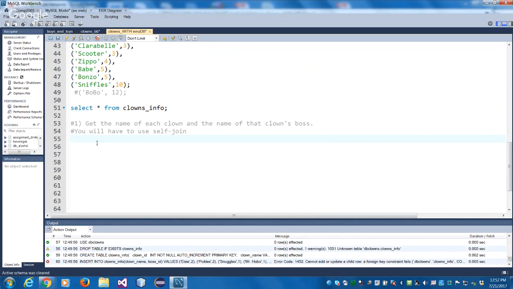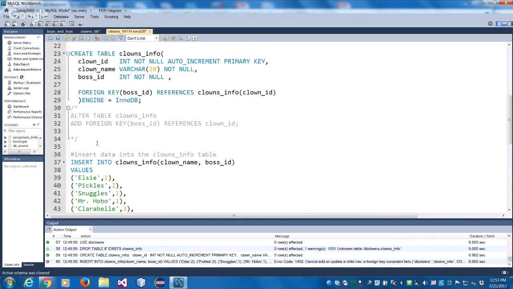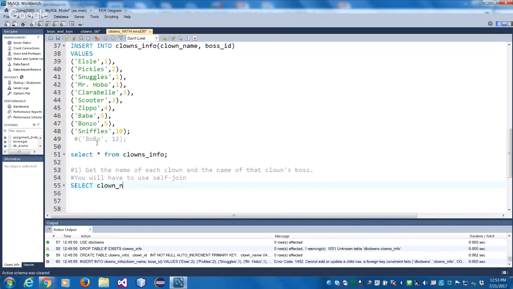So we need the clown's name. The clown's name is coming from the field called clown name, I think. I could be wrong. Clown ID, clown name, boss ID. So clown name, that is where it is coming from. The boss name is also coming from a table, but there is no field called boss name. So where do I get it? That boss name is actually coming from the same table. So we'll give it an alias name just so that it's more clear. You don't have to, but